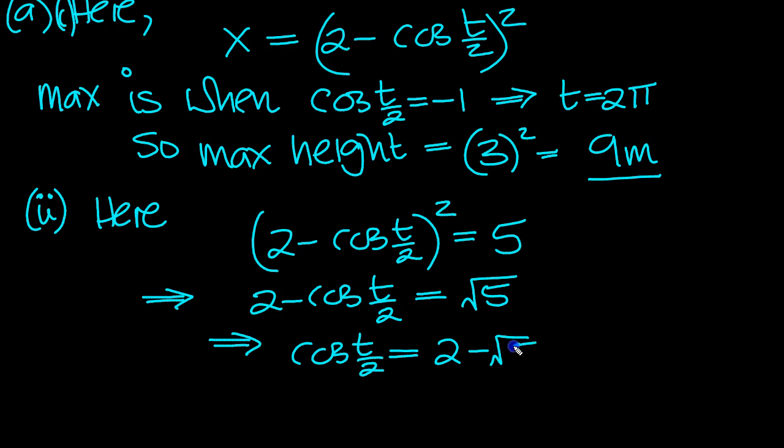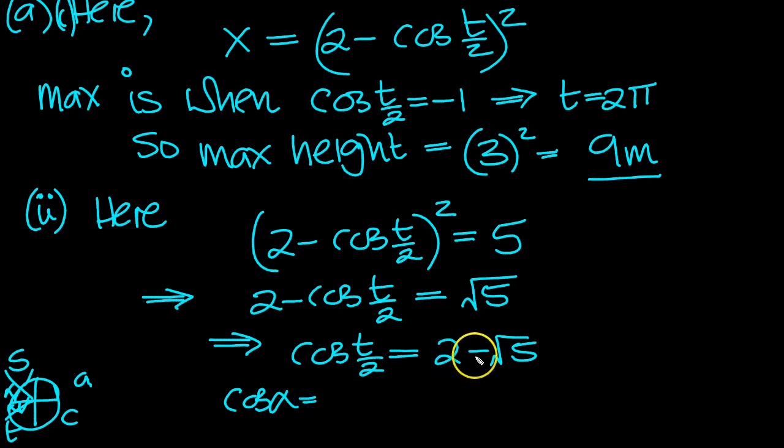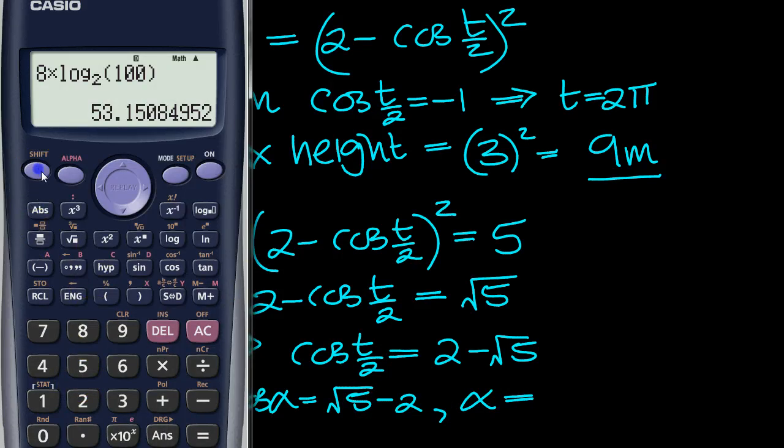2 minus root 5. So now, cos is negative, isn't it? So let's draw a CAST diagram, C-A-S-T. Cosine is positive here and here, so it's negative there and there. So draw 2 lines, mark off alpha to the horizontal, and write cosine alpha is equal to, and drop the negative. Dropping the negative is just the positive value of this, isn't it? So alpha is shift inverse cos of root 5 minus 2,